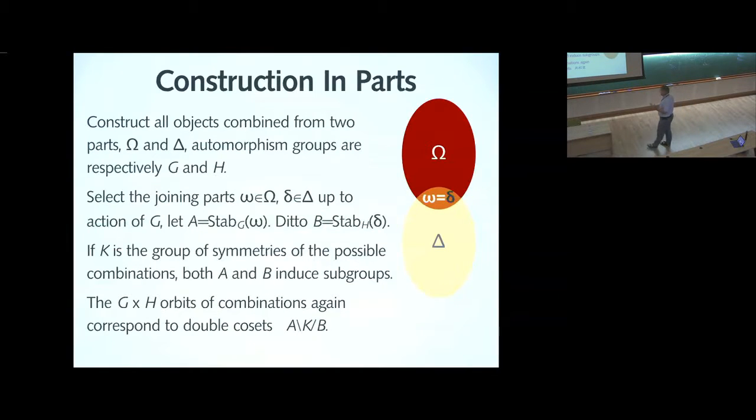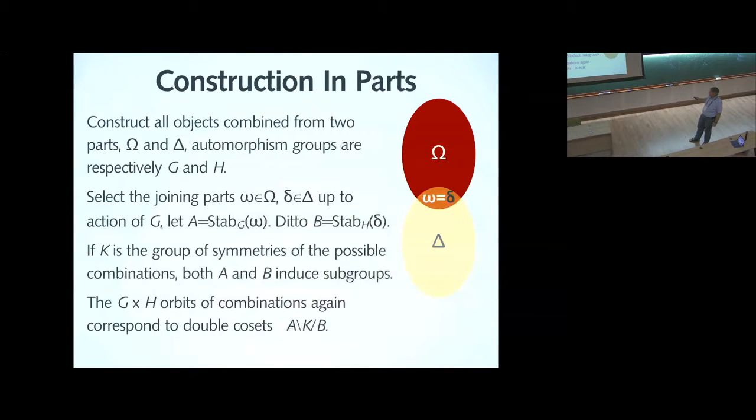This is a special case of a more general process when you construct combinatorial objects. Often you construct them in parts: you have two parts that you put together, and these two parts somehow intersect. What you do is you construct the parts up to the appropriate symmetries, and then you need to look at